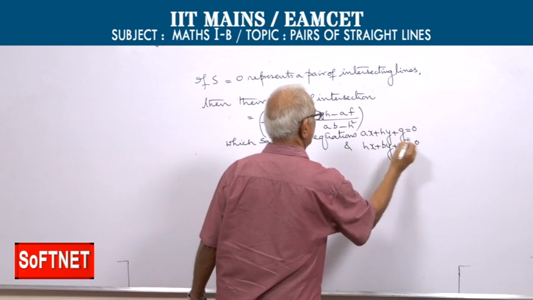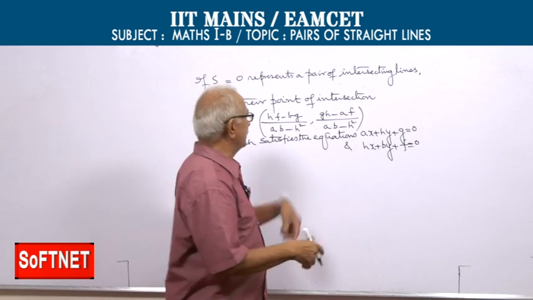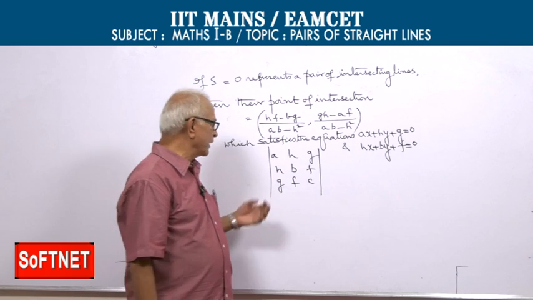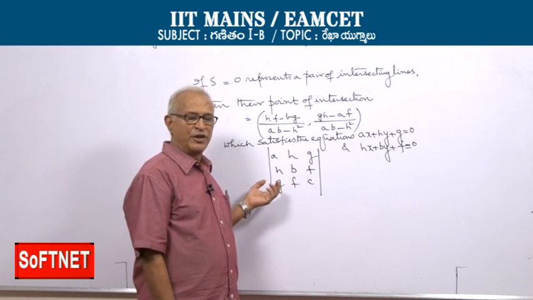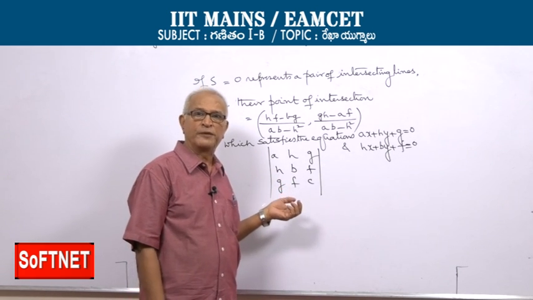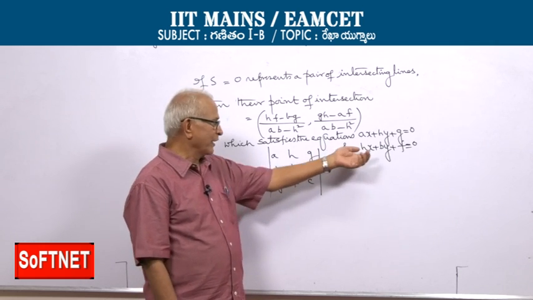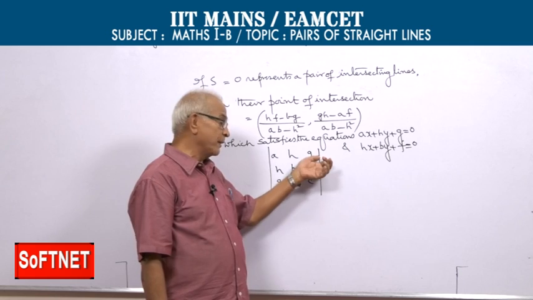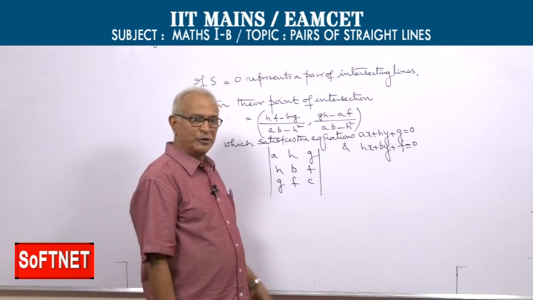Well, observe that these two equations can easily be written following the determinant. You know the determinant? Well, this is the discriminating cubic or the determinant. We discussed, of course, vanishing of this determinant is one of the necessary conditions for the equation s equal to 0 to represent a pair of lines. If you just follow the first two rows, you can write these two equations, ax plus hy plus g equal to 0 and hx plus by plus f equal to 0. So, it's easily